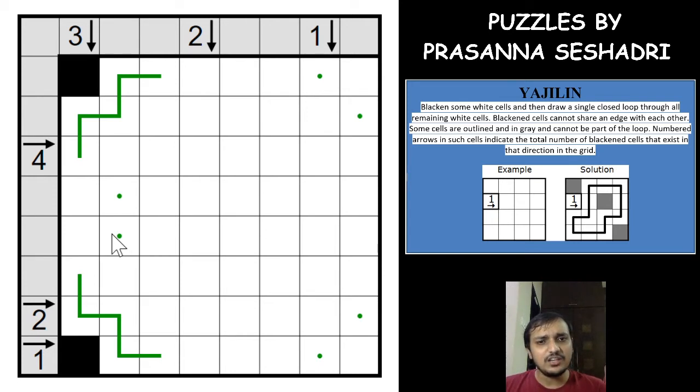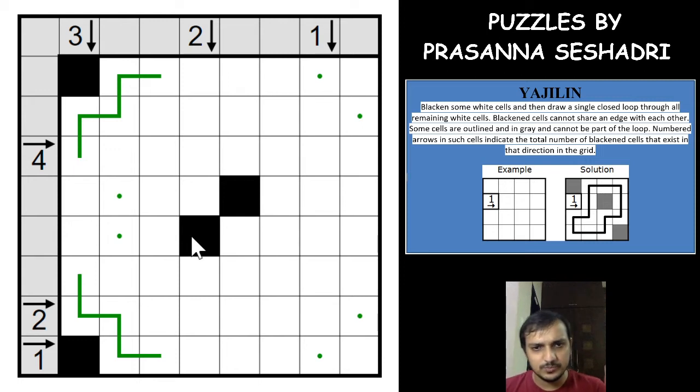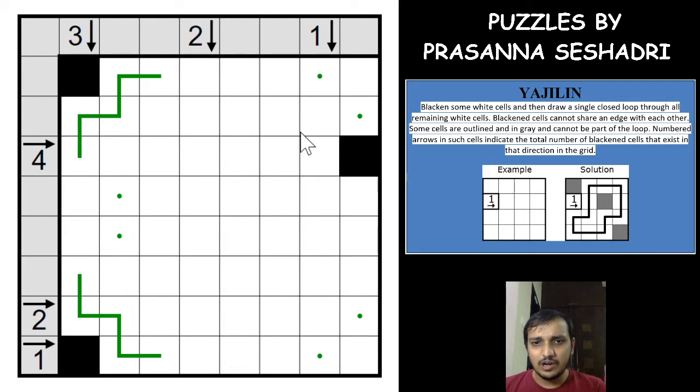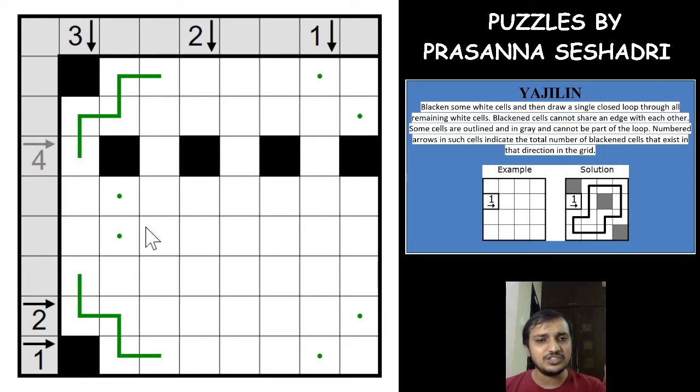And if I say it in easier words, a 2 by 2 area at an edge will always have only one shaded cell. So you cannot have 2 shaded cells in a 2 by 2 area which has an edge. You can have 2 shaded cells in a 2 by 2 area anywhere in between the grid, but not at an edge, right? So if you see this 4, there are exactly 7 cells, out of which 4 cells have to be shaded and 3 cells will be unshaded between each of the shaded cells.